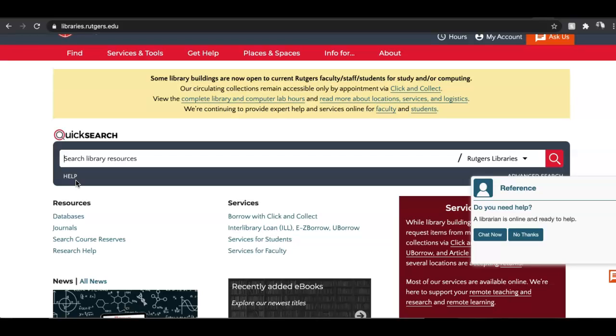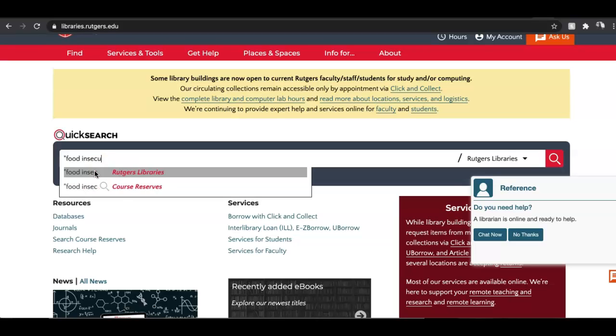You'll probably go to a specialty camera store, and that's where clicking on this databases option would be better for you because it categorizes them by subject. So just a couple of other things. Here's my example search. I'm just going to use the term food insecurity,